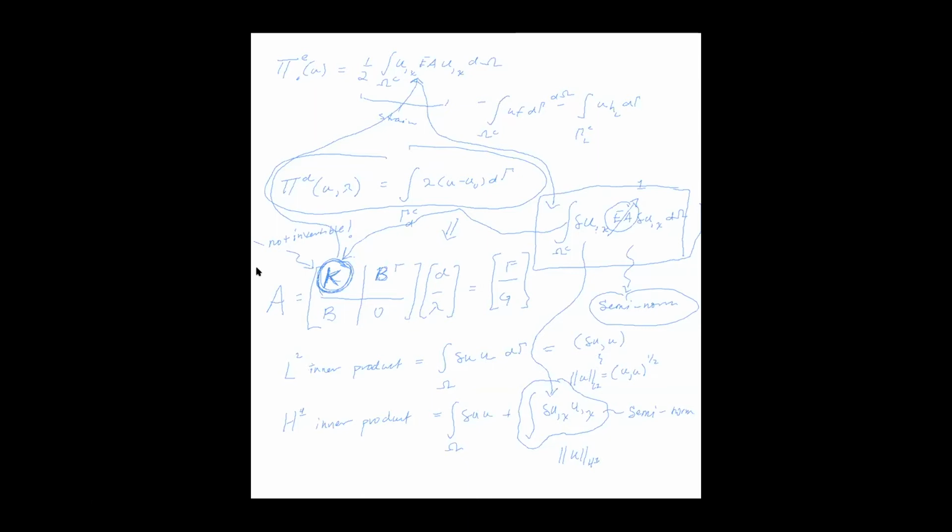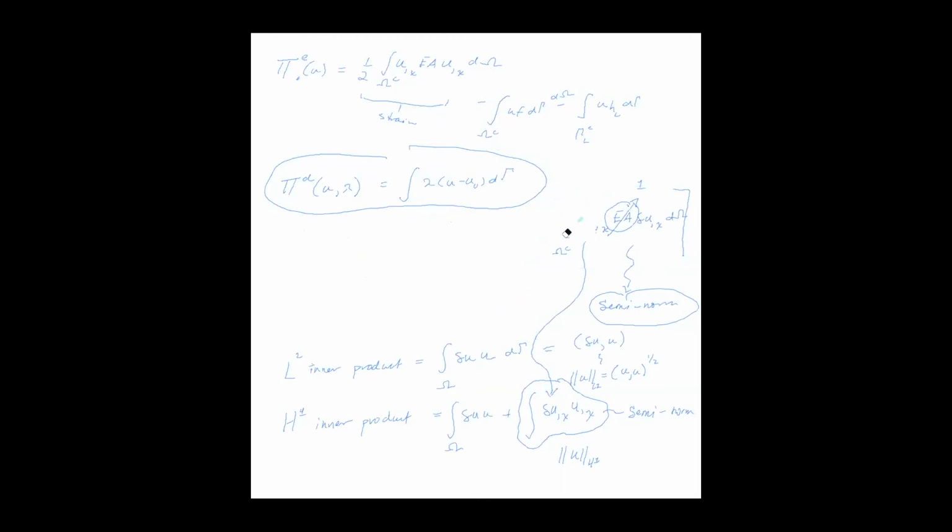So let me erase a bunch of stuff and we'll clean it up. What we're going to do is create an augmentation of our method that doesn't change the minimizers. So we'll get the same solution, but it will be more convex. In other words, it'll be easier to solve. It'll have a stronger quadratic characteristic to the problem, so when we try and minimize it through differentiation, it'll be easier for us to find